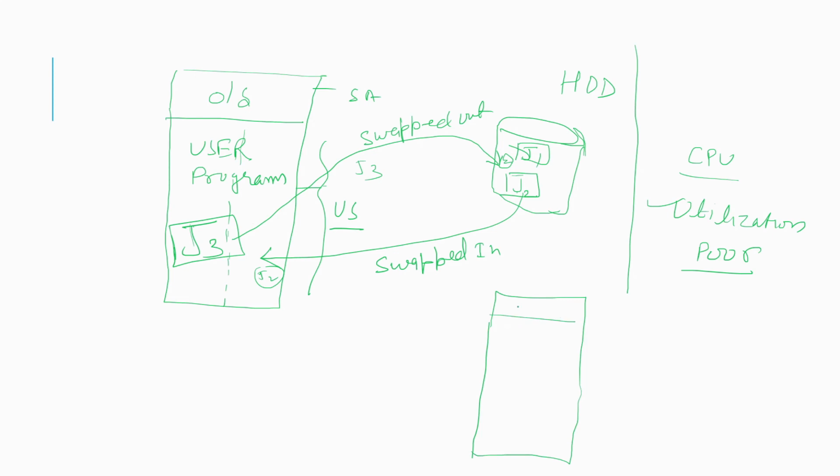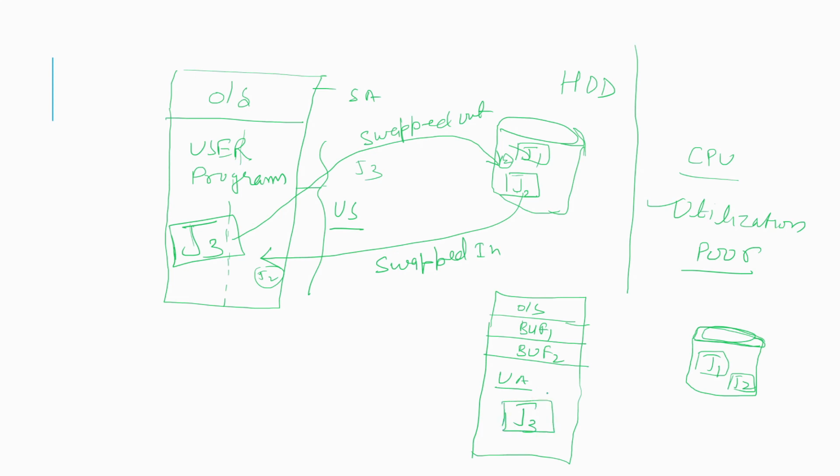Here we can keep the operating system in this area. We can make some space reserved for the buffer. So we have made buffer 1 and buffer 2. These buffers will help to keep the jobs ready. Suppose job 1 is here, job 2 is this one, and here this is the user space, the user area. So here the user program will run. Suppose J3 is now running here.